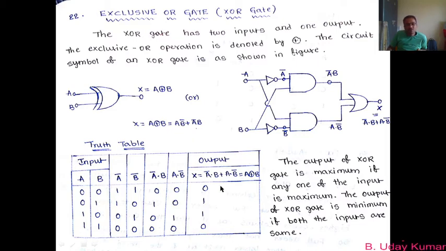So from this output we can define an exclusive OR gate. Okay, the definition of exclusive OR gate can be defined by using these outputs. You already know, with the help of the outputs only, we even define what is an OR gate, AND gate, NOT gate, NAND gate, NOR gate. So all the gates can be defined by using the values of output. So now if you observe carefully, we have output of 0 1 1 0 here.